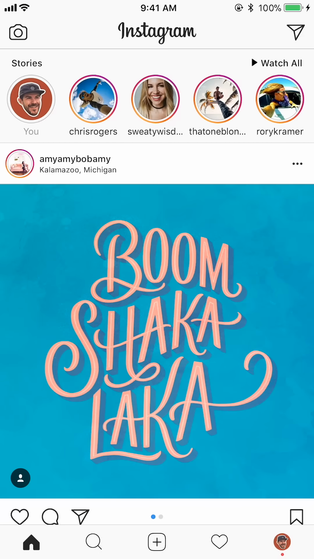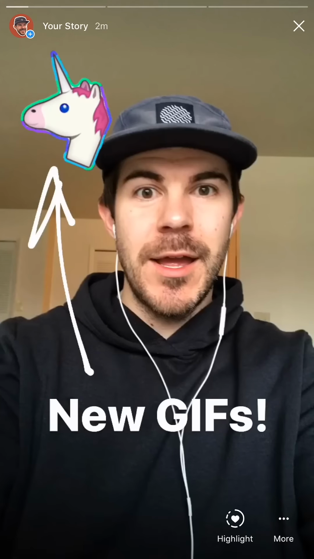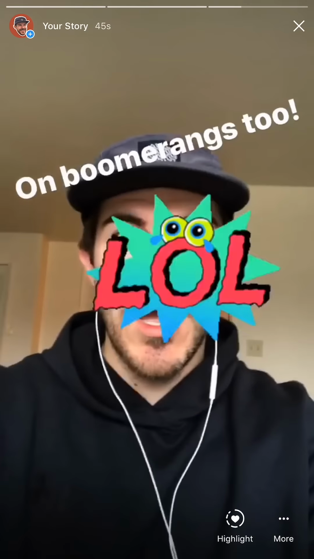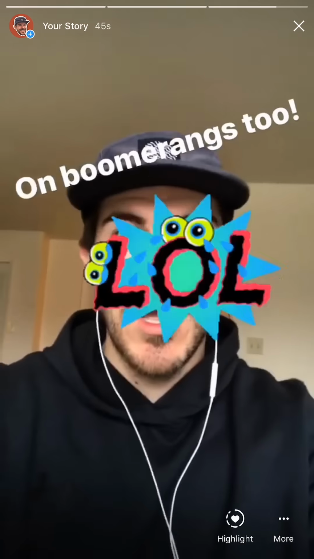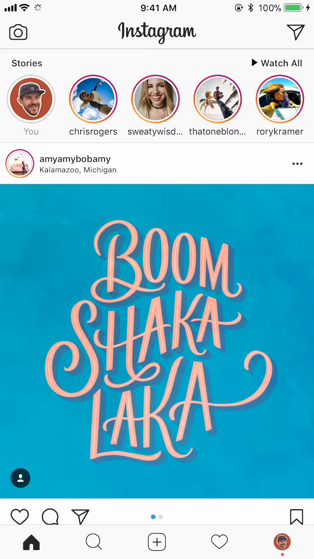And now let's go ahead and tap on my story and we can view that to see how it turned out. So here's the first one, a photo. The GIF is moving in the photo, that's pretty cool. Here it is on a video. And here it is on a boomerang. And I'm assuming you can do it with any of these options down here to include a GIF in your